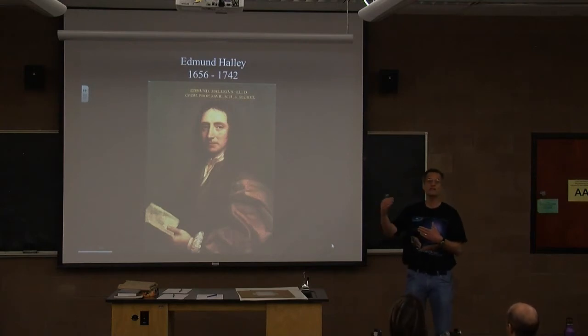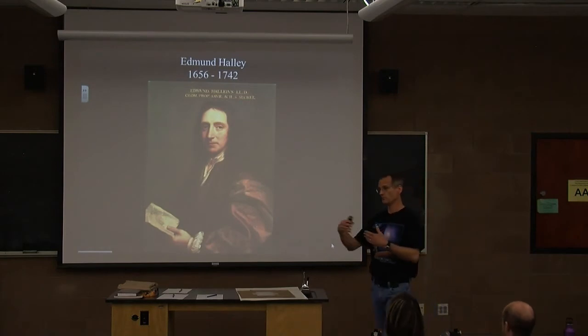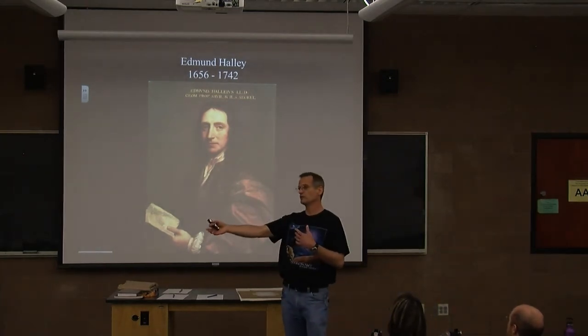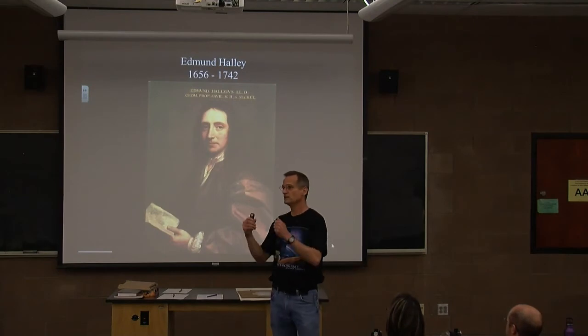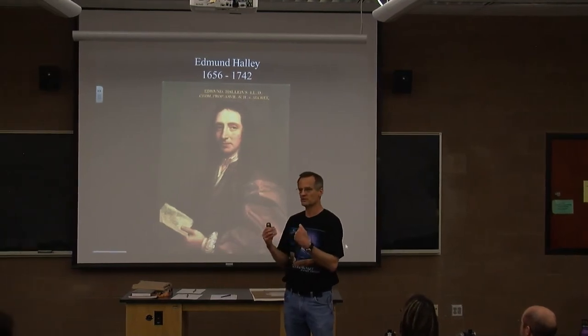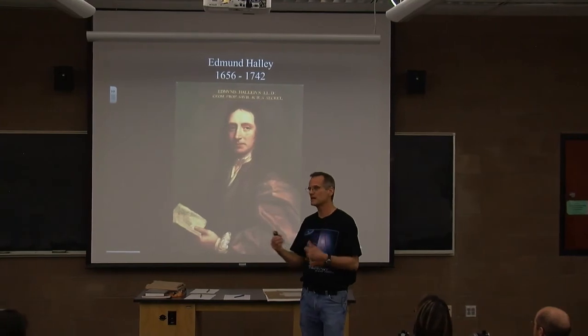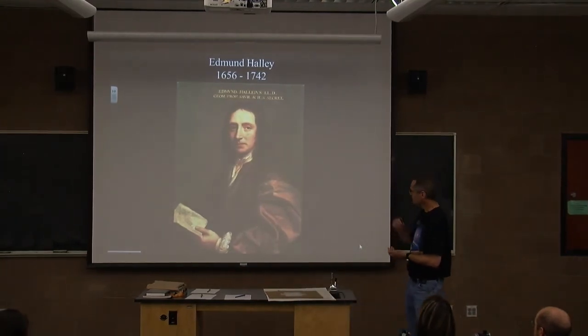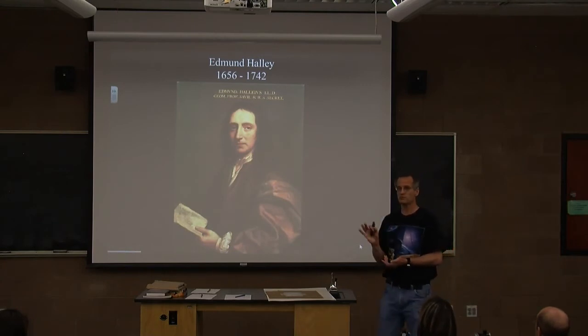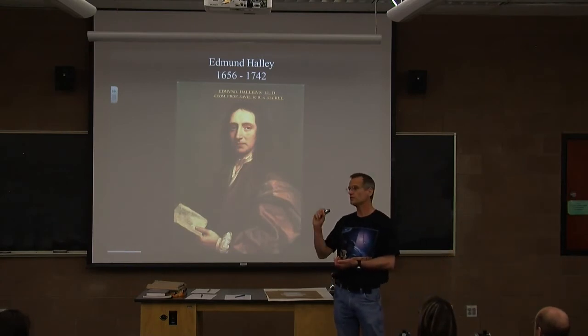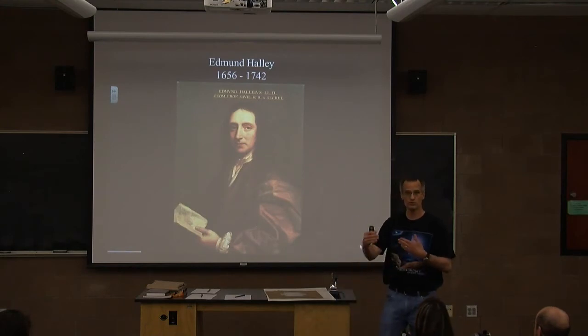They knew, say, the ratio of the orbital radii. So if you told me that Earth was at 100 units from the sun, then they would be able to tell you that Venus was 72.3 units from the sun. But the question is, what was that unit? What were these actual distances? So Halley had the idea that at the next Venus transit, he didn't want to do it with Mercury because he knew Mercury was so small, the observations were so inaccurate that they wouldn't be able to get the data they needed to measure the distance to the sun.